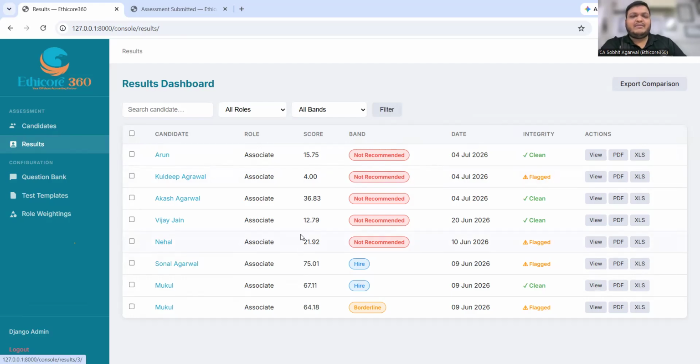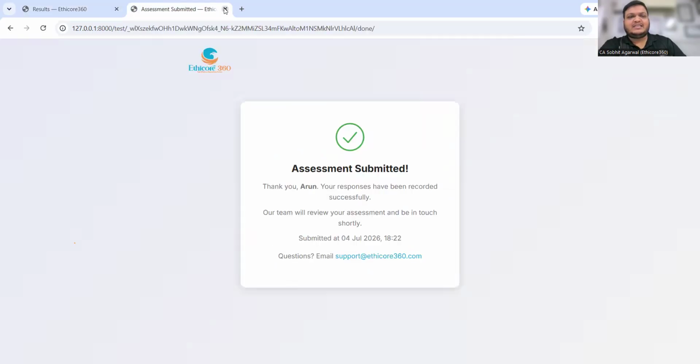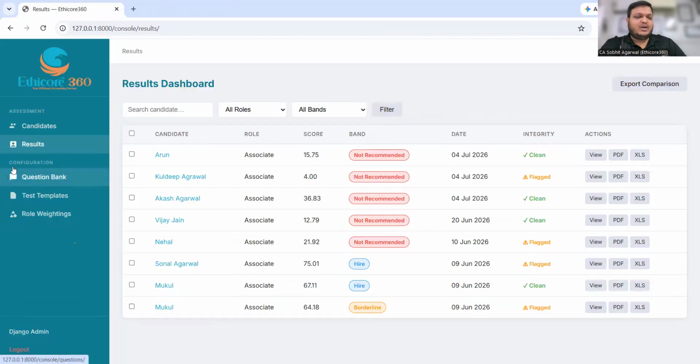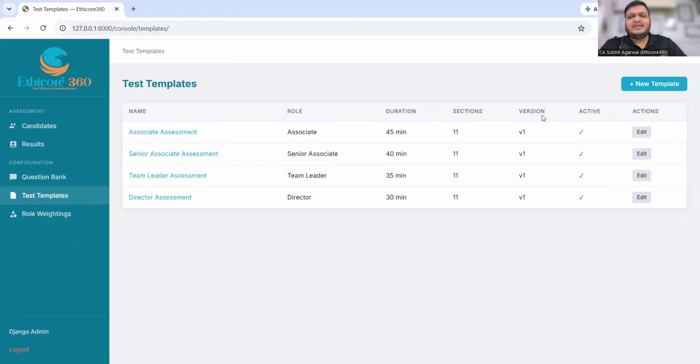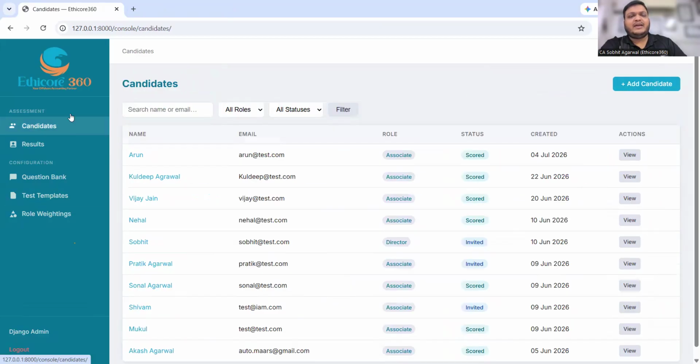This way the assessment test has been prepared. Another part of this is that we have prepared a question bank for each dimension. You can import it directly through an Excel file. The test template has been designed so you can add a template for another position, and while sending a candidate,